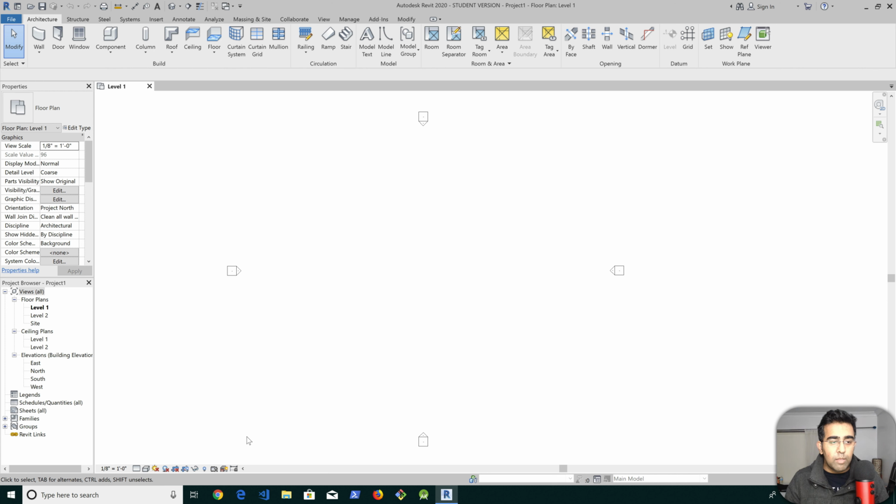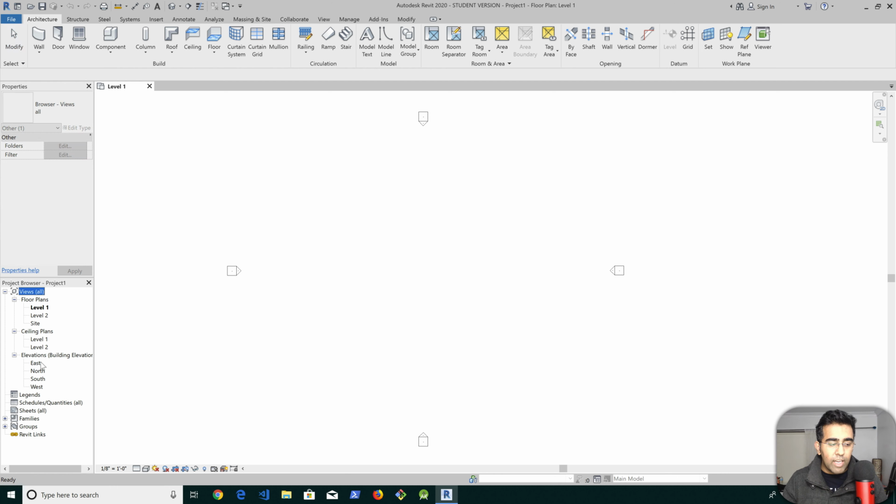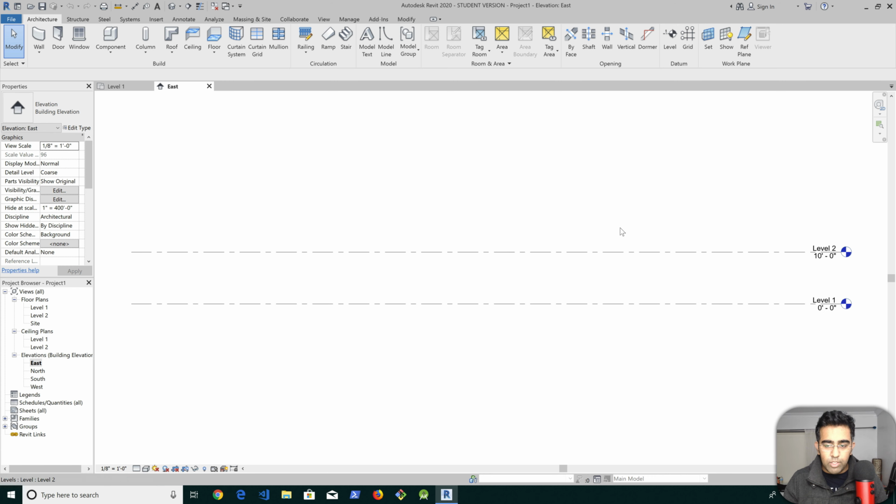So we're going to start by defining the outer boundary for our house plan. First thing to notice here is that you make sure that you are on the right floor plan. Right now I'm on the level 1, level 2 side. To look at these plans or their height, you can click on any of the elevations. This will take you to this view where you can see the level 1 starts from 0 feet and 0